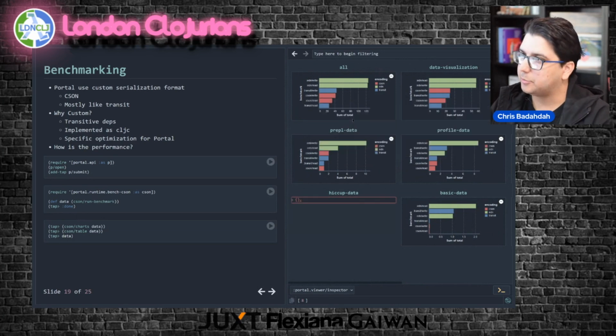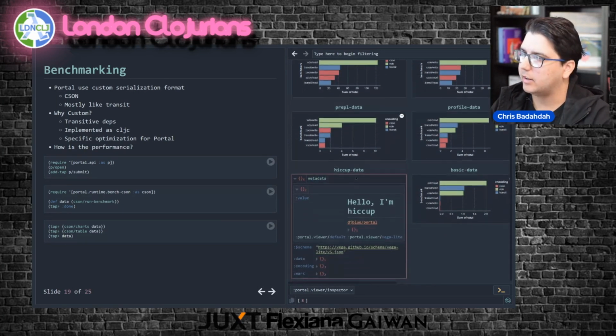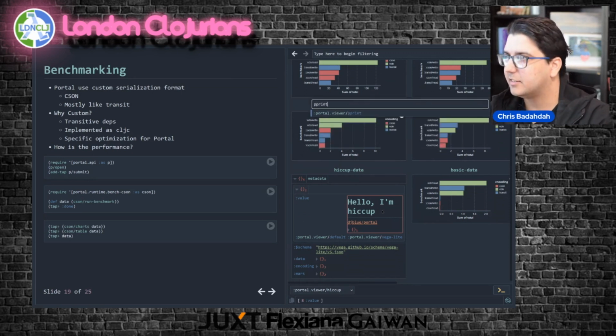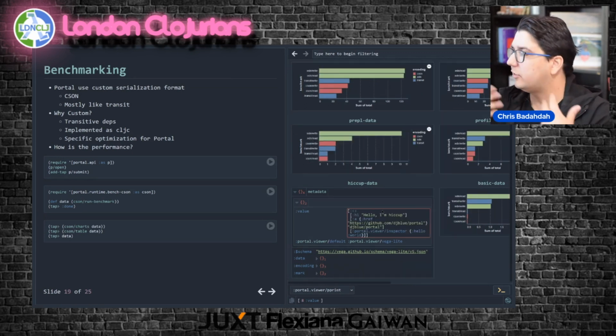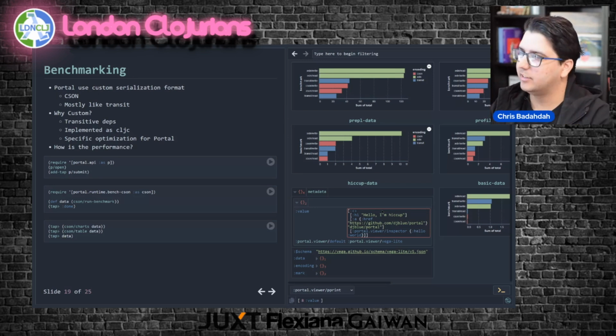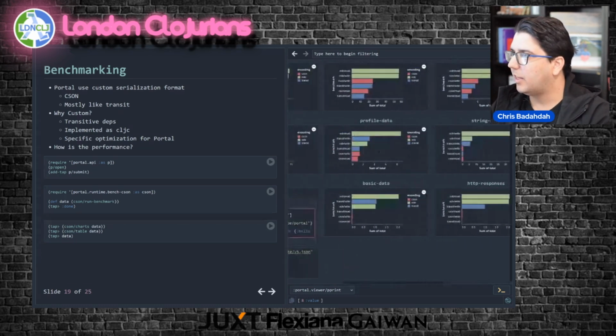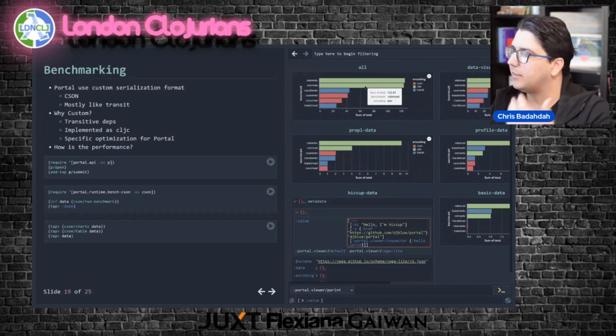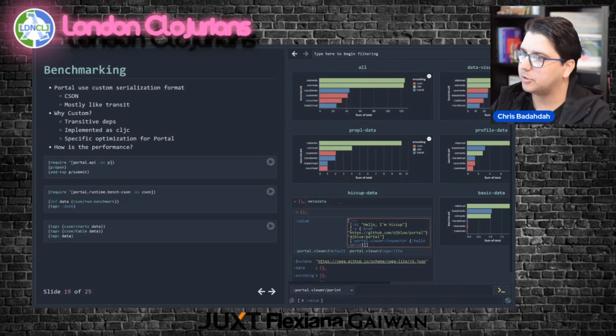We go back to the inspector, and I put some metadata on here. So this is the literal value that's being serialized and deserialized for this benchmark. It's like take this data and just keep doing the thing, and let's see how fast it works. And so I did that for all these specific examples, and then I put everything together and said, okay, how does it do overall, if everything's together? And I think there's some interesting results here.